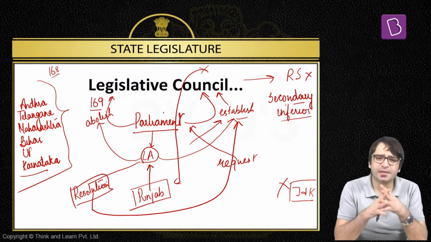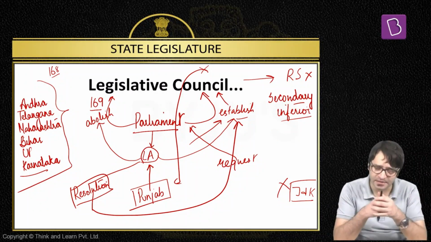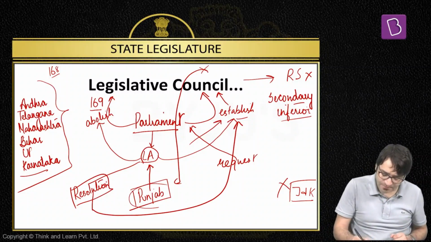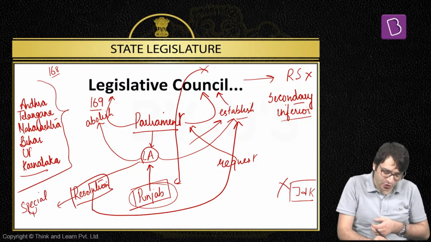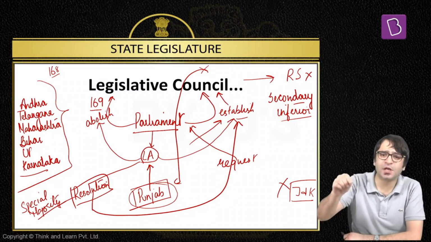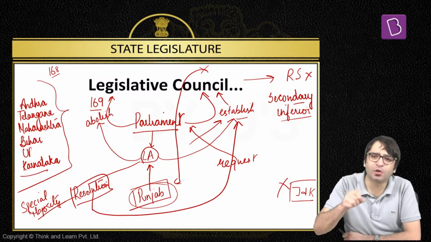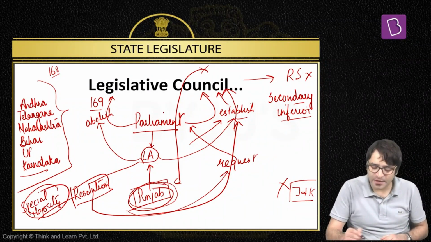What is the process? Under Article 169, it is the power of the Parliament to either establish a legislative council where it is not present or abolish a legislative council where it is present. But what is the procedure that needs to be followed? Punjab, for example, does not have a legislative council. The Punjab Legislative Assembly will pass a resolution. And this resolution should be passed by special majority. And what is the special majority? 2/3 of the members present and voting plus absolute majority. That means a majority of 2/3 of the members present and voting and a majority of the total membership of the House. If the Punjab Legislative Assembly passes this resolution by special majority, it will request the Parliament, please establish a legislative council